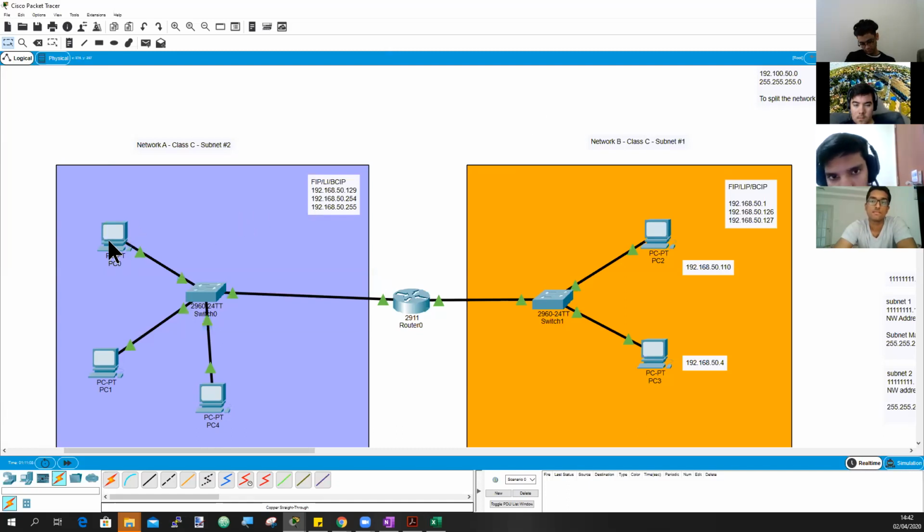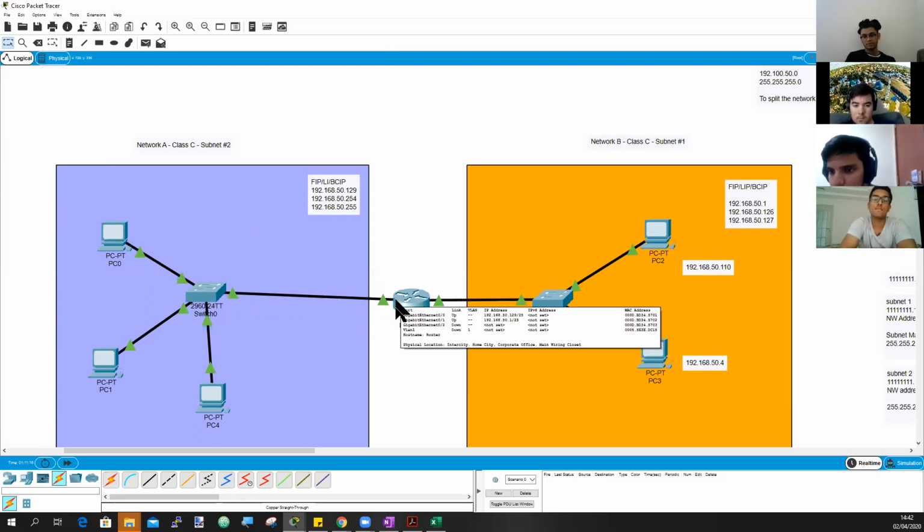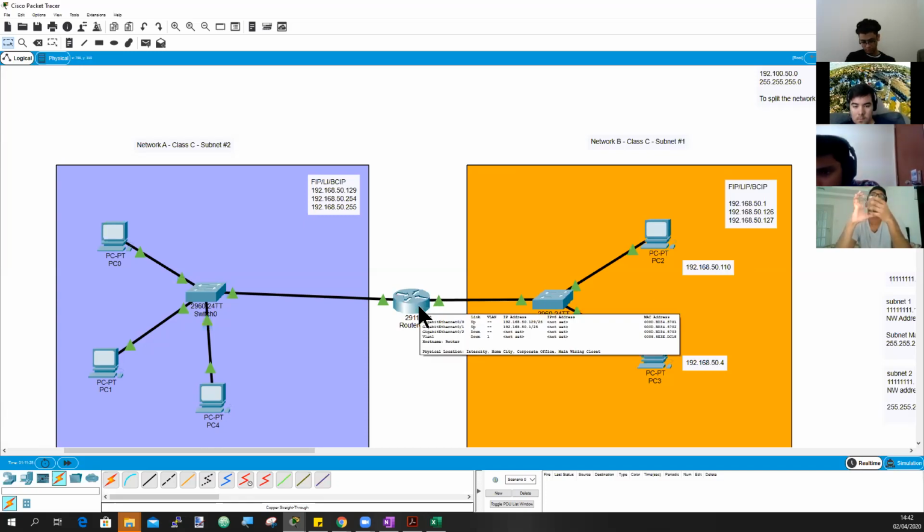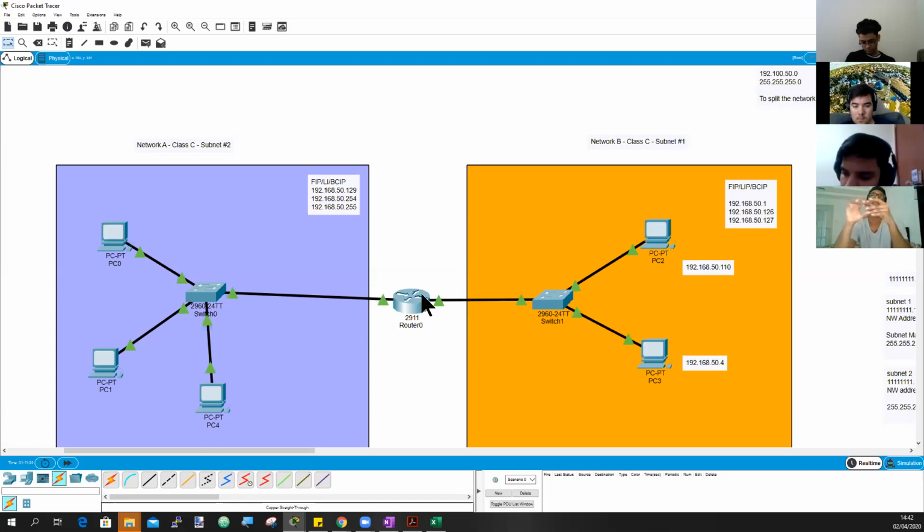When PC0 sent a frame, that frame has a destination MAC of router 0. That is what allows the frame over this Ethernet network to reach the router. But inside that frame, the IP packet has a destination of 110. Now, router 0 is routing software. This host machine has routing software, so it will look at that destination,